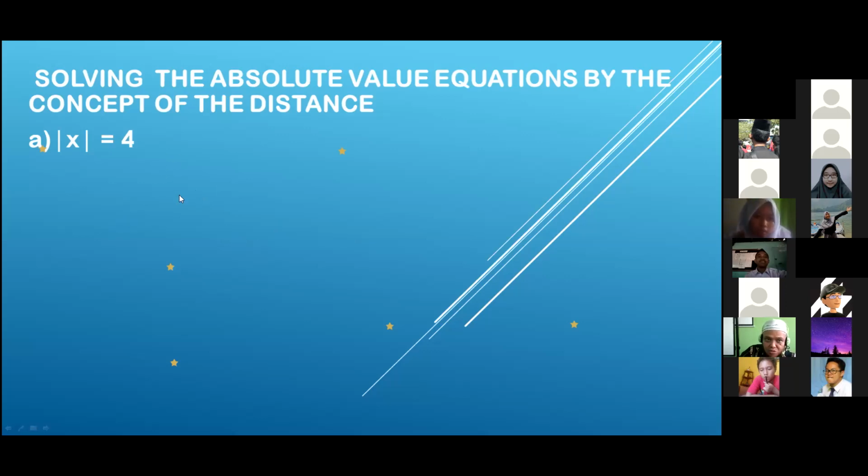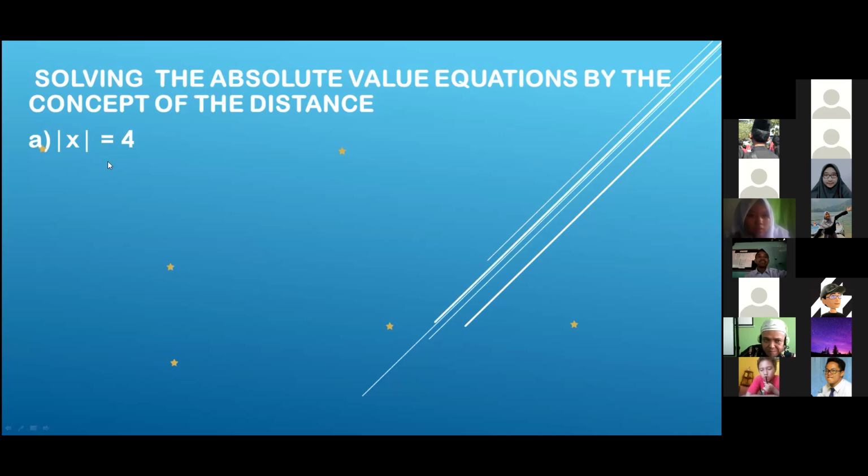Now we are trying to solve the absolute value equation by the concept of distance. This is the simple absolute value equation. We are trying to solve this problem by using the concept of distance. At first, you can interpret this